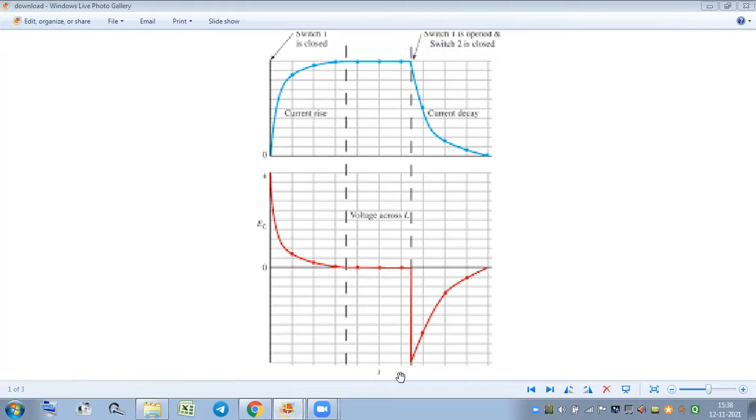Here again we have to apply the function generator, a DC step input, and check the performance of this circuit. Now Saptarishi sir will explain about this experiment, and we will also visualize through the DSO. We have to check the output performance and the input device, that is the signal generator. So Saptarishi sir, now start this experiment.